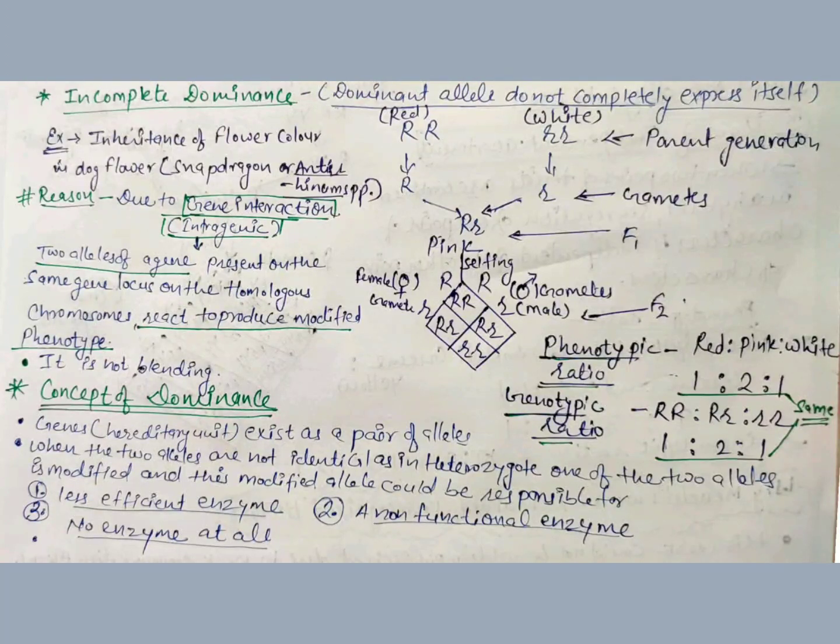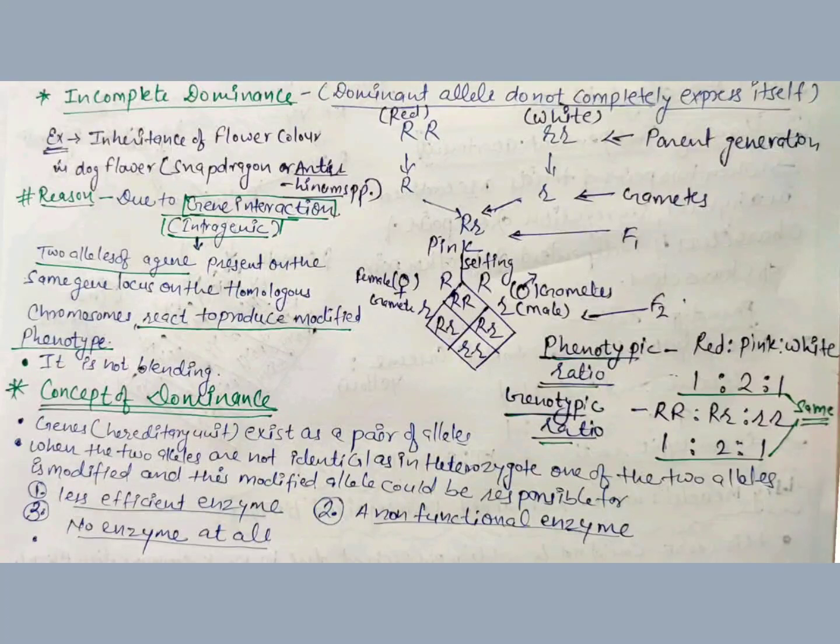In the first case, the modified allele is equivalent to the unmodified allele. It means it will produce the same phenotype. But if that allele produces a non-functional enzyme or no enzyme, the phenotype may be affected and the recessive trait is seen due to the non-functioning of the enzyme or because no enzyme is produced.